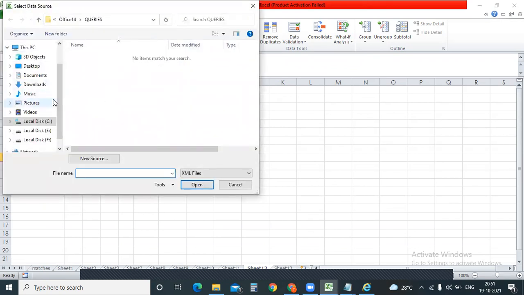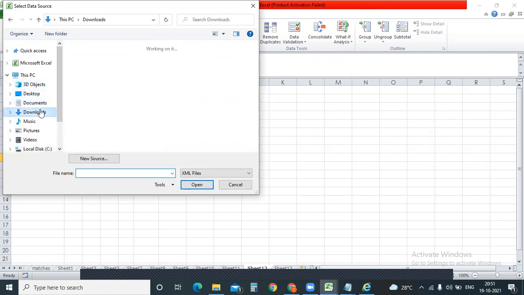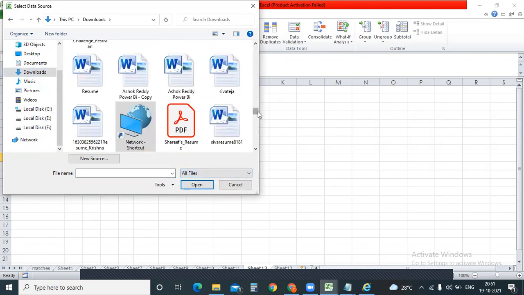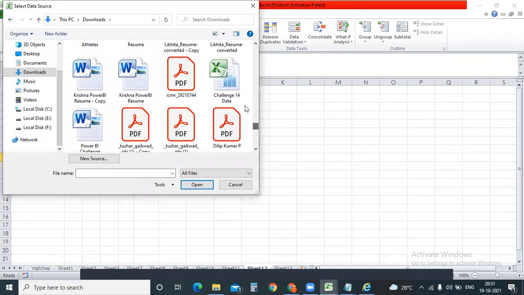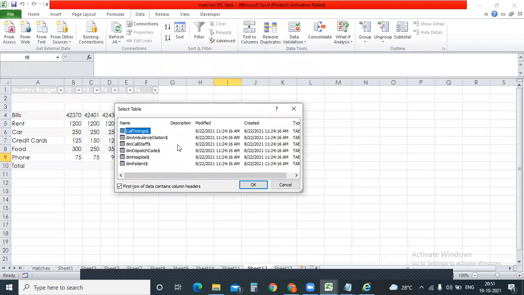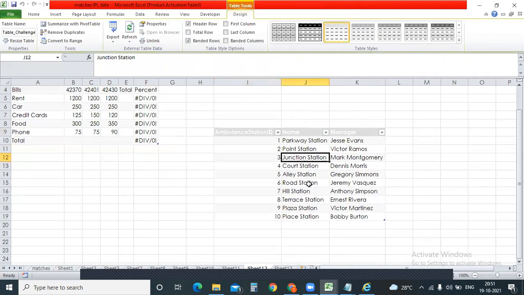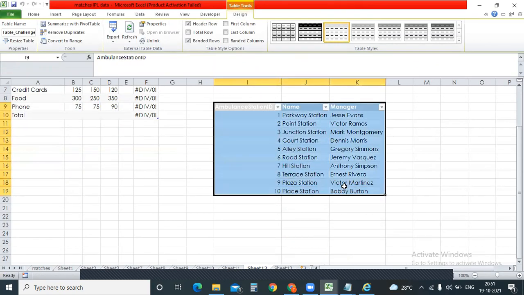Select any data. If you want to get data from any other Excel, just click on that. Go to the downloads option. Just click clear all the files. Now you got all the files. Challenge data. Click OK. Open. There are multiple sheets in that particular file, right? If you want any particular thing, you can click it, or if you want all the things, just click it. Now you can see for that data, the tab data has been populated over here. Whatever data was there in that particular tab has been populated here, right? This is another way of importing the data.